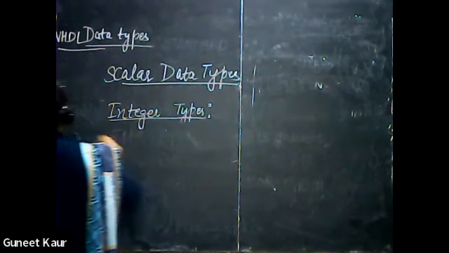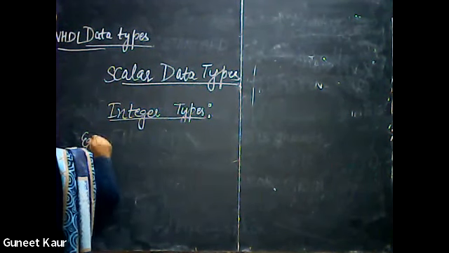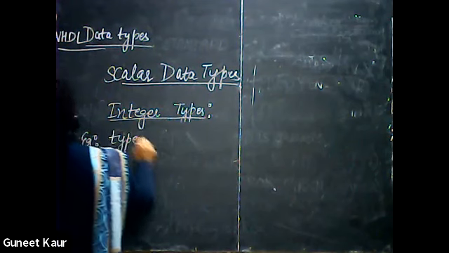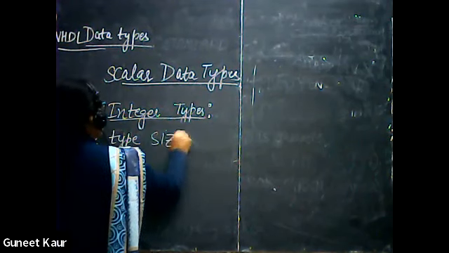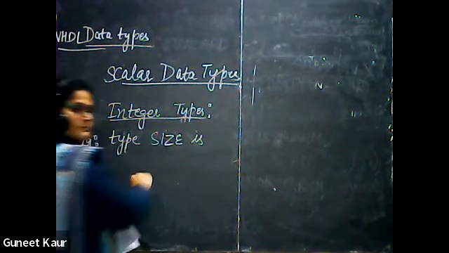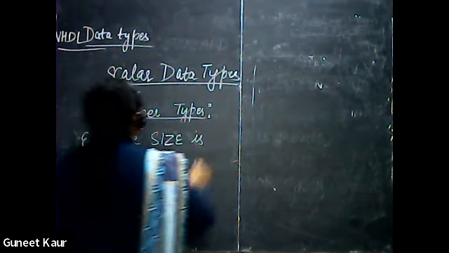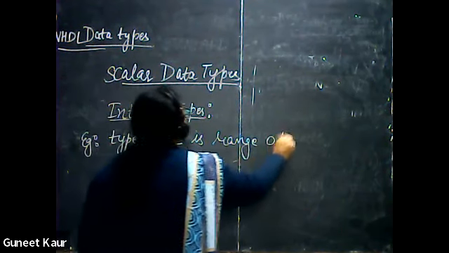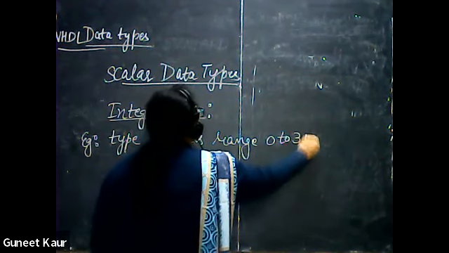I will also explain with the help of examples. Firstly, write the example: type size is range 0 to 31;